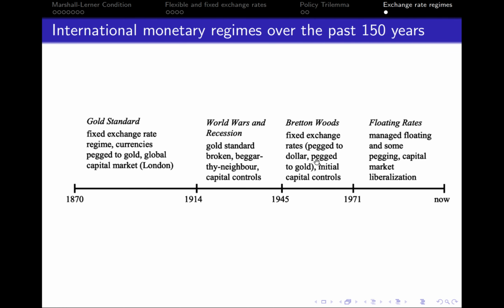And because of this situation, for example, the United States could export its inflation to different countries while pursuing its own monetary policy goals within